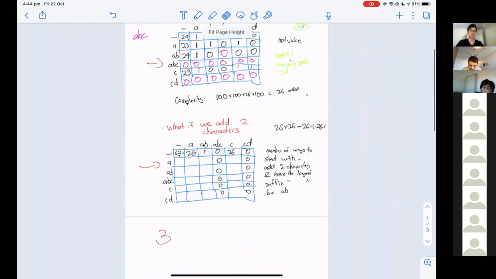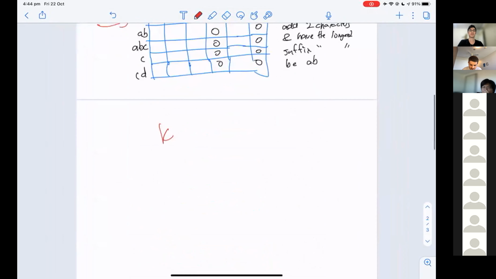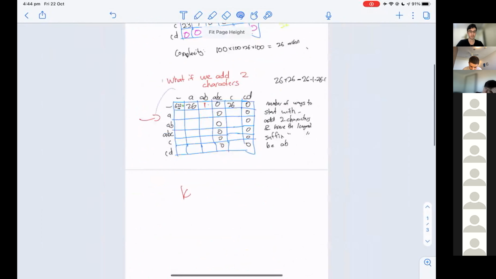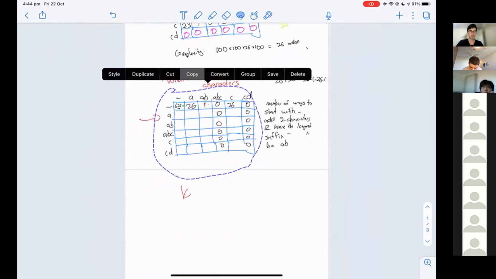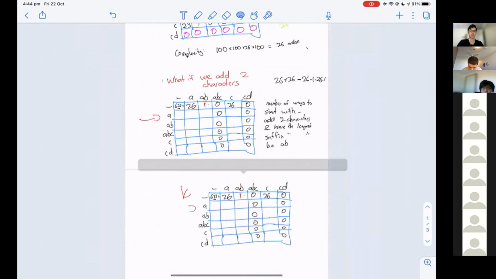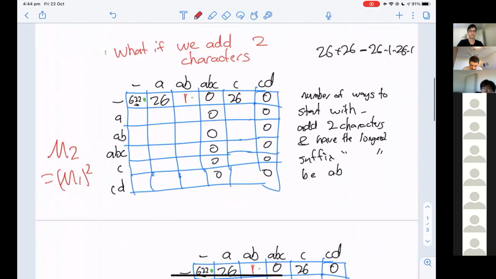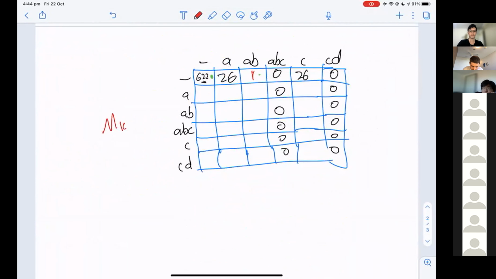So then what happens if we take the first matrix to the power of K? Well, that'll tell us the number of ways. So I'm just going to, again, copy and paste the same matrix again. And assume this third matrix is, so let's call this M1, M2, which is equal to M1 squared. We're going to have MK here. So MK, which is in fact equal to M1 to the power of K. And imagine we've populated it with values.